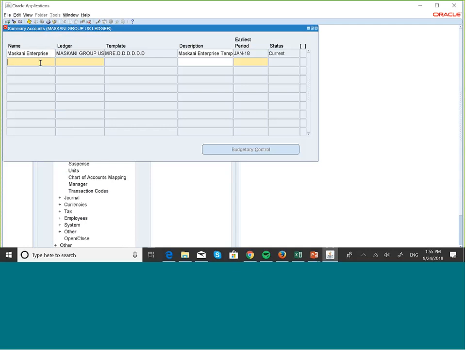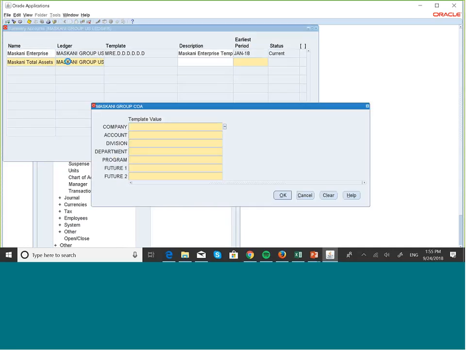So let's add a new one, and we'll call it Maskani Total Assets. The ledger is Maskani. So what do we want to do for this one? We want